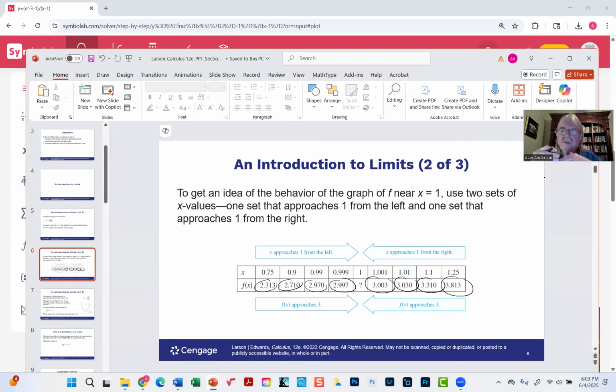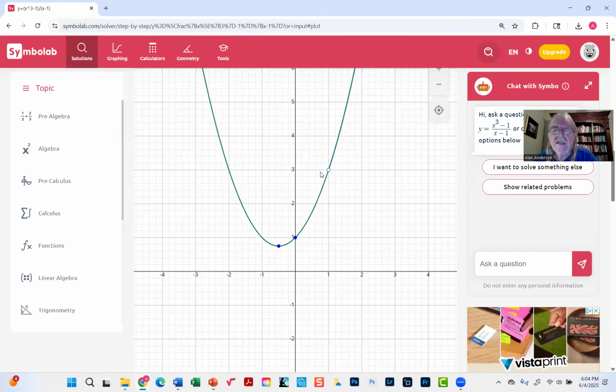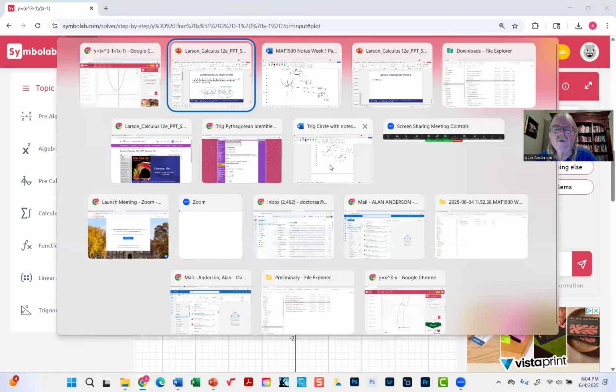So coming from the left, the function's value is growing and getting very close to 3. Coming from the right, the values are larger and they're getting smaller, and eventually they're getting awfully close to 3. And in fact, it says it down here, f of x approaches 3 from the left. It approaches 3 from the right. So we say, in spite of the fact that there's a huge hole here,